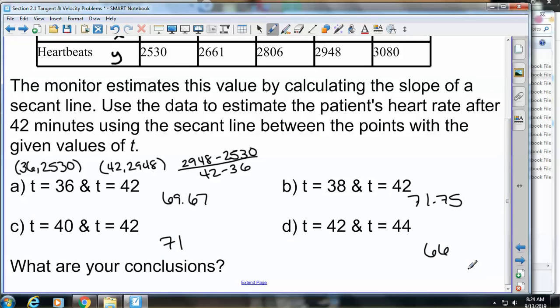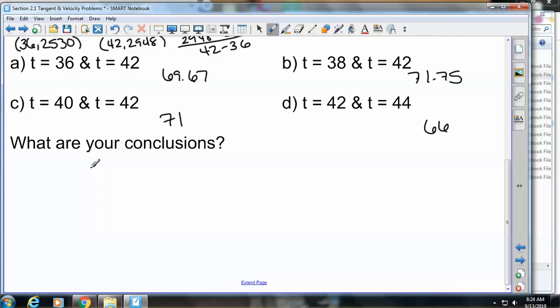So we are trying to now look, if you notice these four all had one thing in common. The 42 was consistent with each of those, right? So we could see when our heartbeat, what's it doing? It's kind of fluctuating, isn't it? It started out going up and then it started going down. So any general conclusions? You could say if it was all increasing, you could say it was increasing at the same time. Really all we can say is it's fluctuating